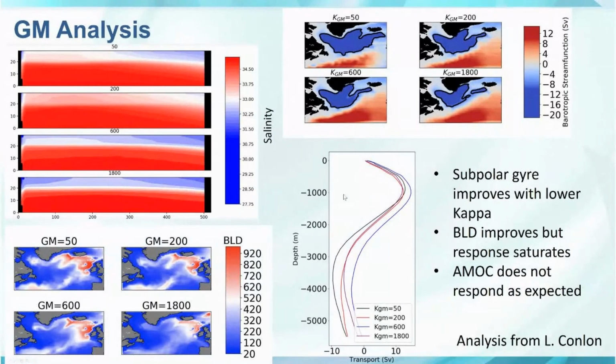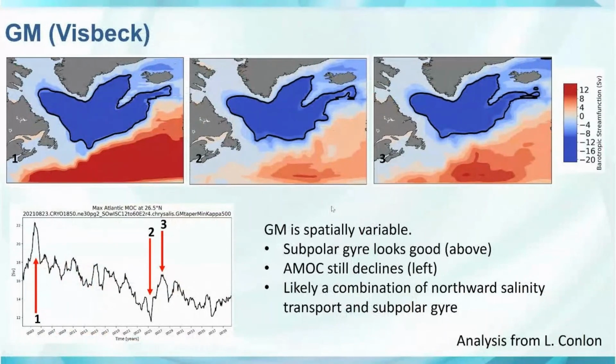This doesn't necessarily mean that it's not GM. It could be that this global value is just not appropriate, and we need to look more toward horizontally variable values. So we have done that. This is one such run. This is what's called the Visbeck scheme, based on a paper from 1997. So throughout this run,